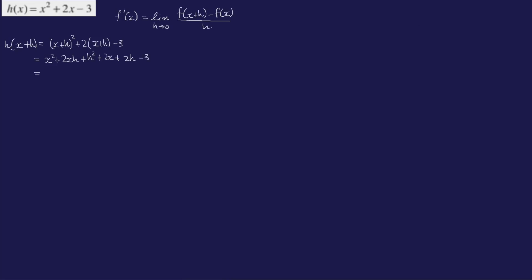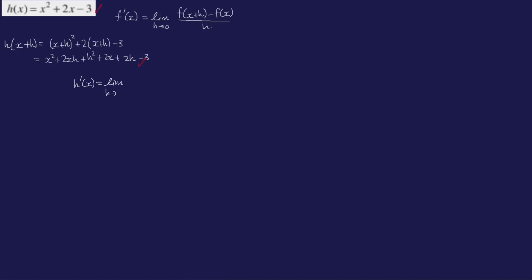Now I can simplify. I've got x squared here, then I've got 2x. Actually, I can't simplify that anymore, so might as well leave it like that. So now I'm going to take this and substitute these two into my derivative formula. So I'm going to write h prime x, so the derivative of h, is equal to the limit